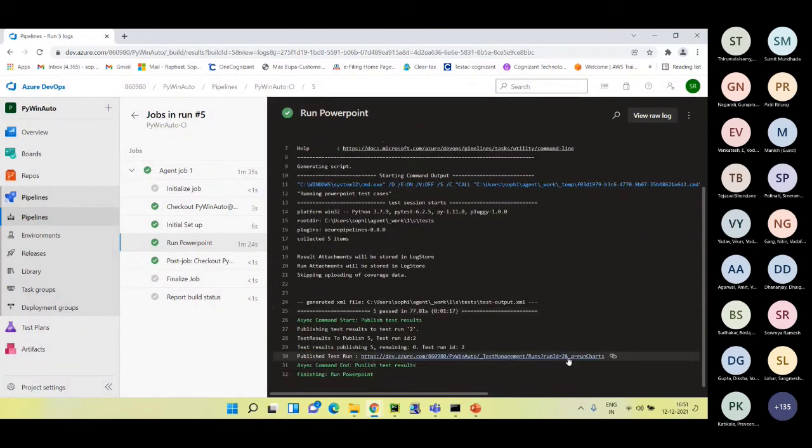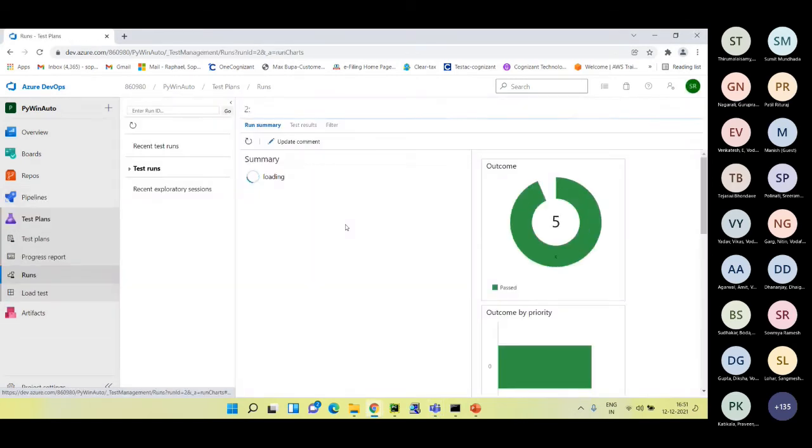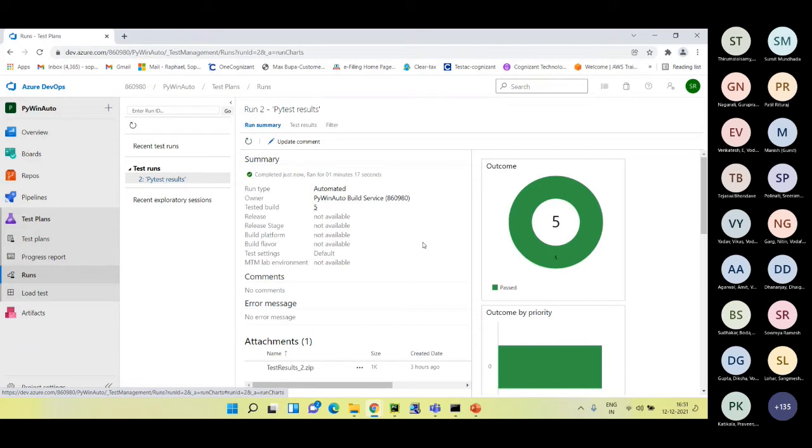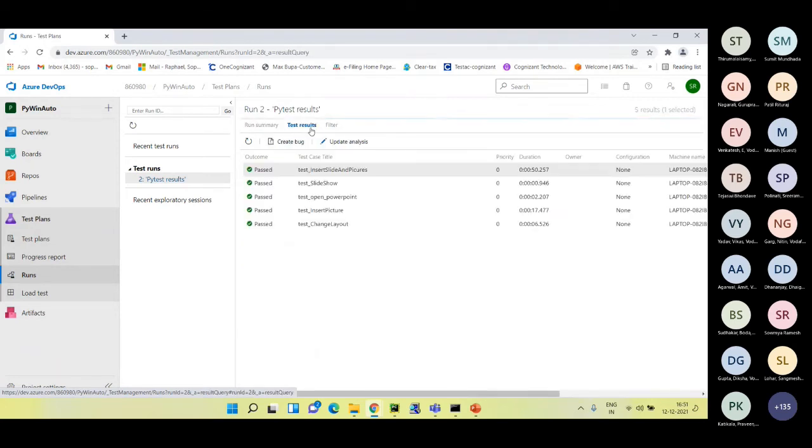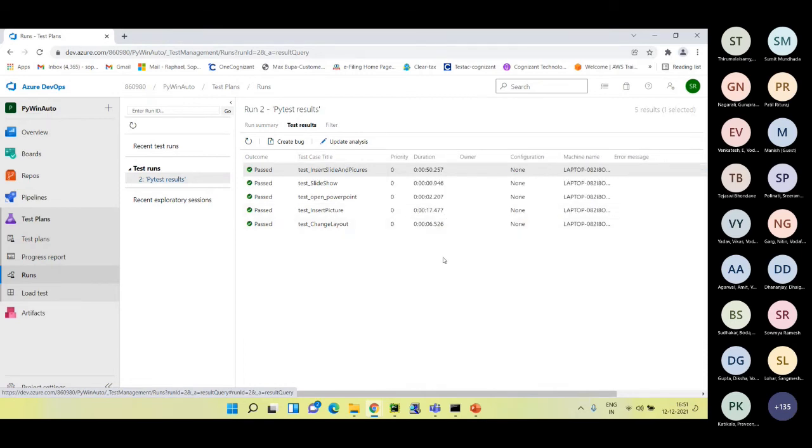It did the same scenarios that I showed you a few minutes back, and at the end we have this test run. When we go here, we get a report like this, which we can share with the stakeholders to get the test result. Here we see for each method how much duration it took, the machine name where it was triggered, and if any particular method has failed, we can get the error message here. This function-wise or method-wise bifurcation we can get only because it is integrated as a PyTest framework.